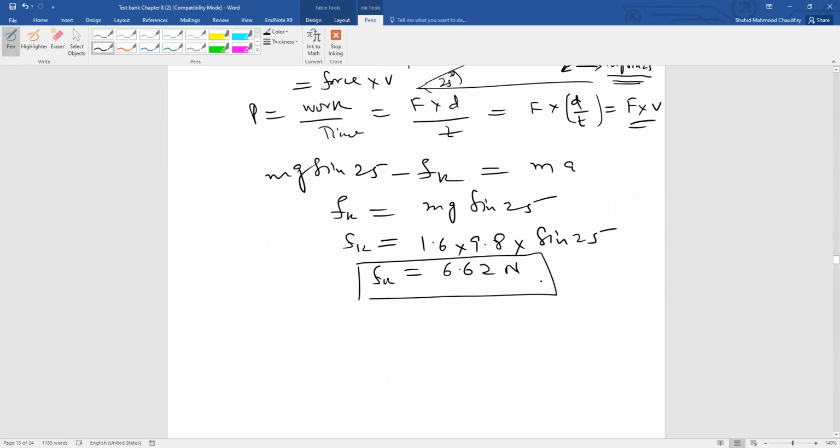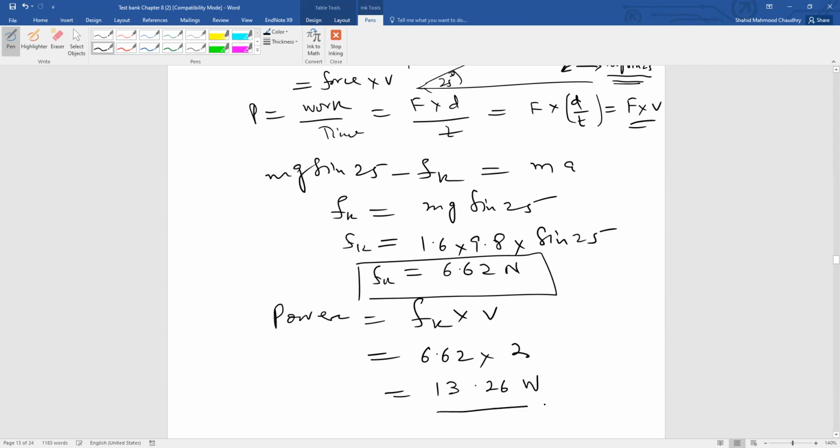We don't need to find the frictional force here like F is equal to mu into N or mu into mg. We can find it like this. Now we want to find the power by this frictional force. So power by this frictional force is equal to f_k into V. V is given. So 6.62 into V, which is 2. It is given, the constant speed. So the answer is